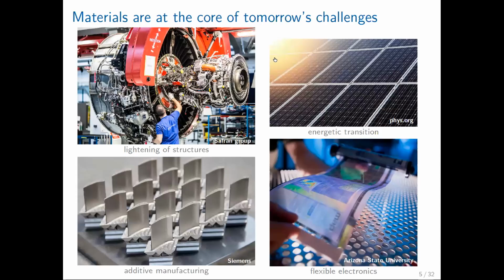So if you're here in this room or online, you know that materials are the core of tomorrow's challenges, and this statement has probably been true for centuries, but it's even more true today. We have to move from fossil fuels to more renewable energy, we need better materials with improved properties. We need better processes to make those materials, and we need lighter structures to reduce fuel consumption and improve energetic